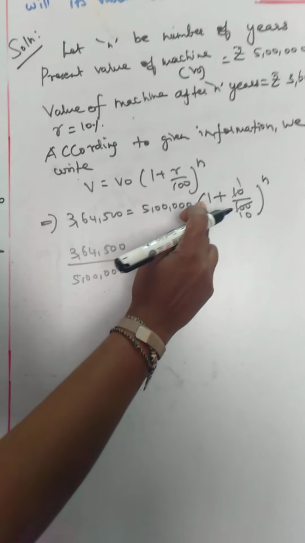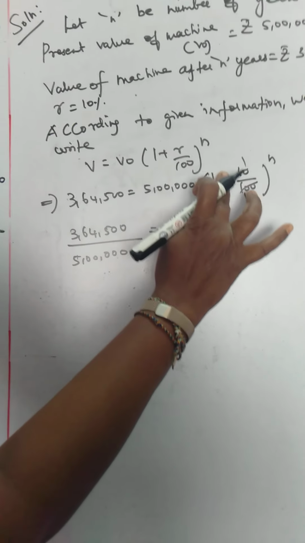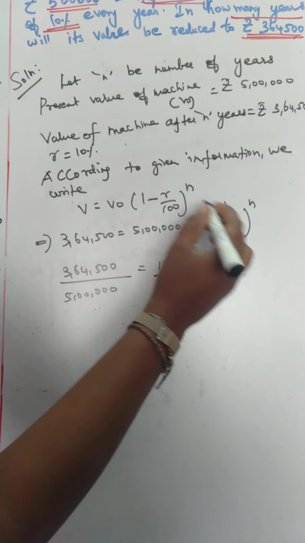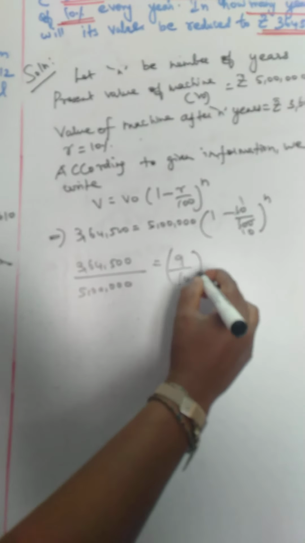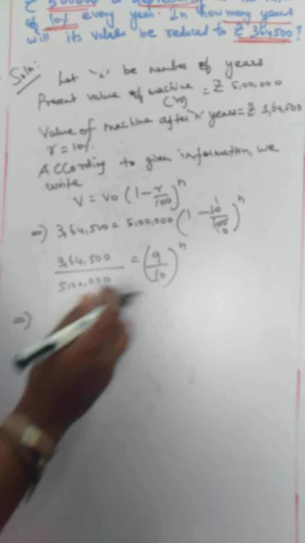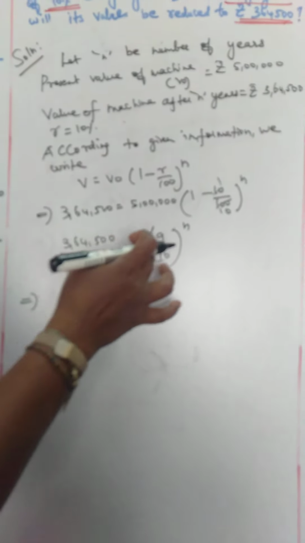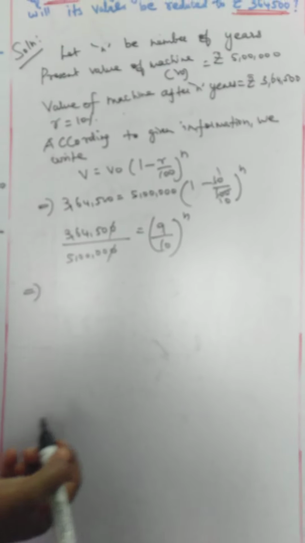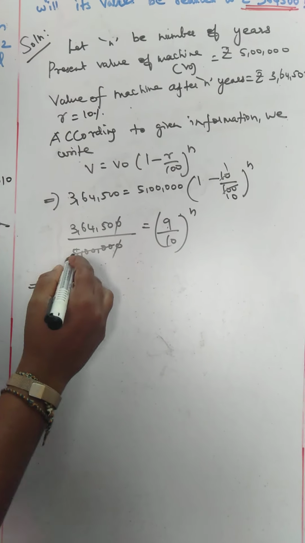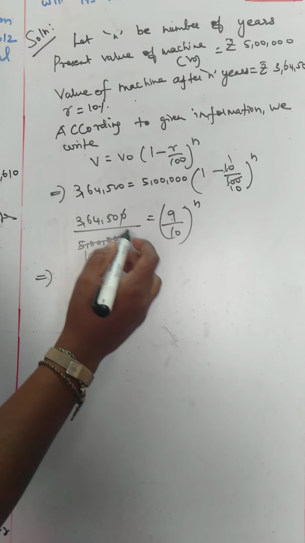So which is equal to 10 into 1 is 10, 10 plus 1 is 11. Then 11 by, depreciation, here we want to use minus, right? So which is 10 minus 1 is 9 by 10 the whole power n. So you want to check whether this is related to any square or cube or any number of this 9 and 10 after doing all the cancellation and calculation. I am cancelling these 0 0 here. Then by 5 table I will cancel this one. So this becomes 10,000.